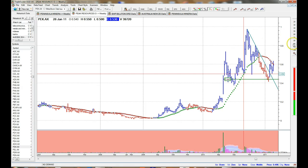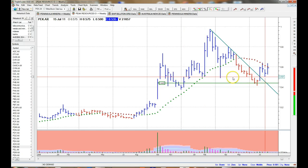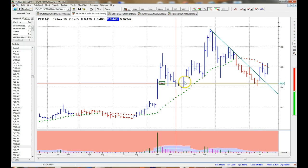So we've had this move up, we've had some distribution at the top there. That's a head and shoulders pattern there, but it's broken back above the neck. So head and shoulders, people talk about them, and you see them happen all the time, and nothing happens. So they're not that reliable. I find they probably work out 60% of the time, and some of them, if they worked out, would take you into zero. So you can't always